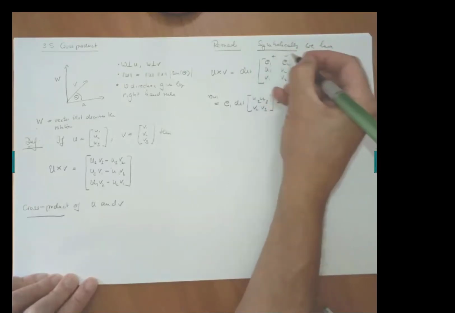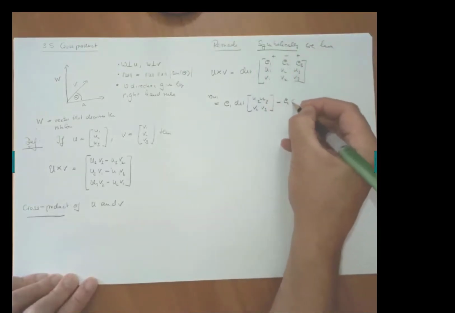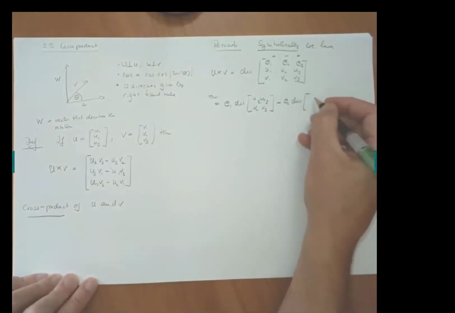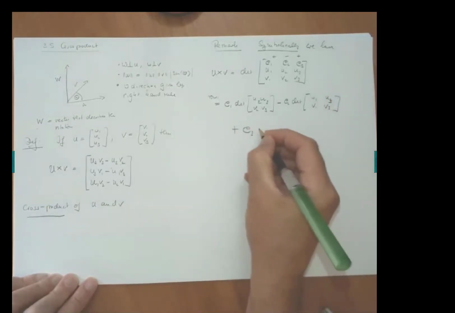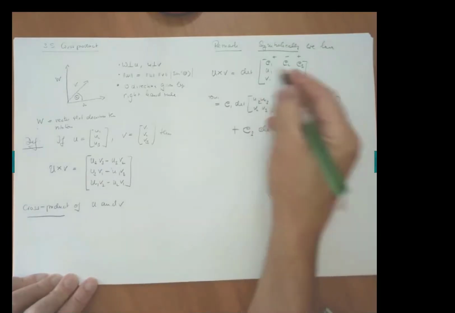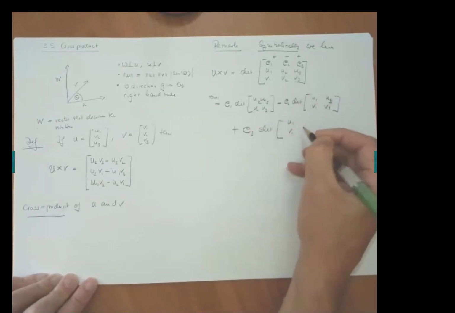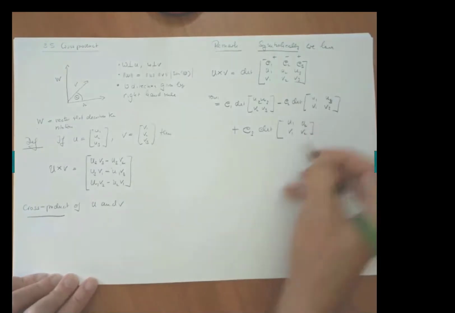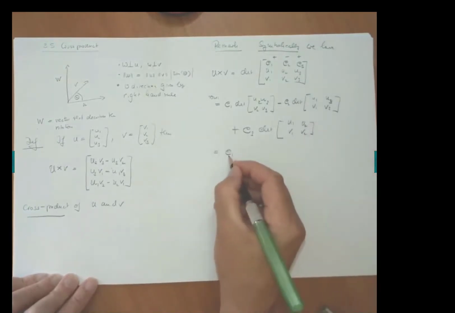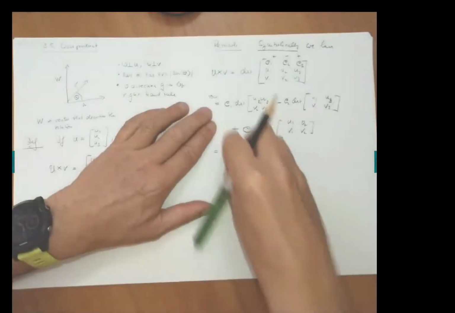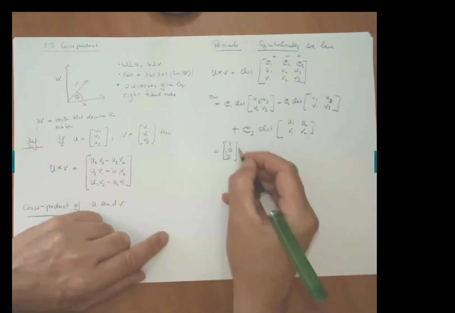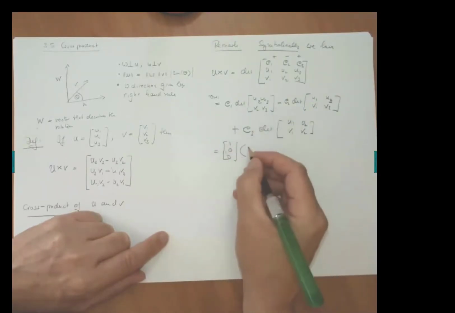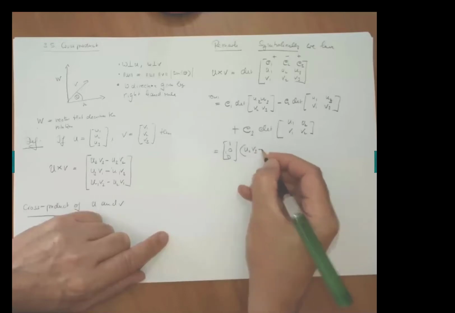Minus E2 times the determinant of U1, V1, U3, V3, plus E3 times the determinant of U1, V1, U2, V2, and then you calculate this. So this is E1. Also keep in mind, maybe instead of E1, I write down what it means. It's our first standard vector. So whatever comes here comes in the first component. So it's U2, V3 minus